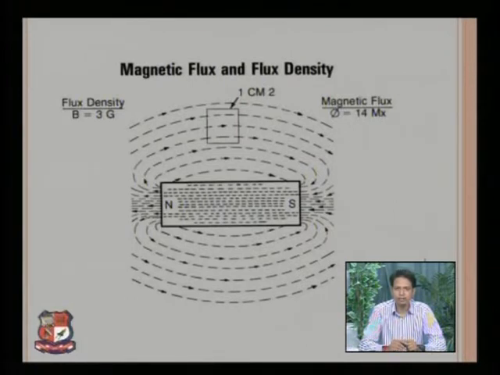And you can see that there is one cross section area which is defined, and at that point the magnetic flux passing through that unit cross section can be defined as the magnetic flux density, which can also be defined as magnetic induction. The symbol of that is B, and in the same manner B is equal to Φ upon A is the equation of that definition. And in the same manner the unit to measure magnetic flux density is Weber per meter square. Let us move towards the next slide.